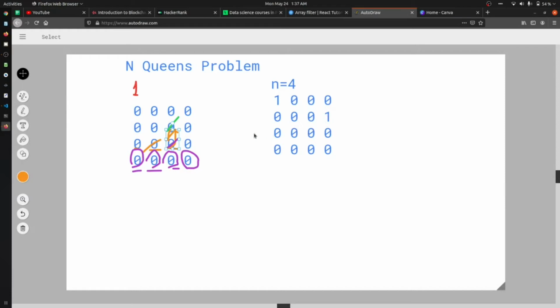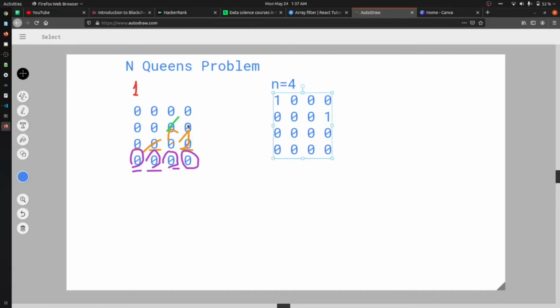So it means that this position was not allowed. This position was also not allowed because of the diagonal queen, and I cannot even place that queen in just the last row, because the previous row has a queen. So I have to rearrange the previous queen.